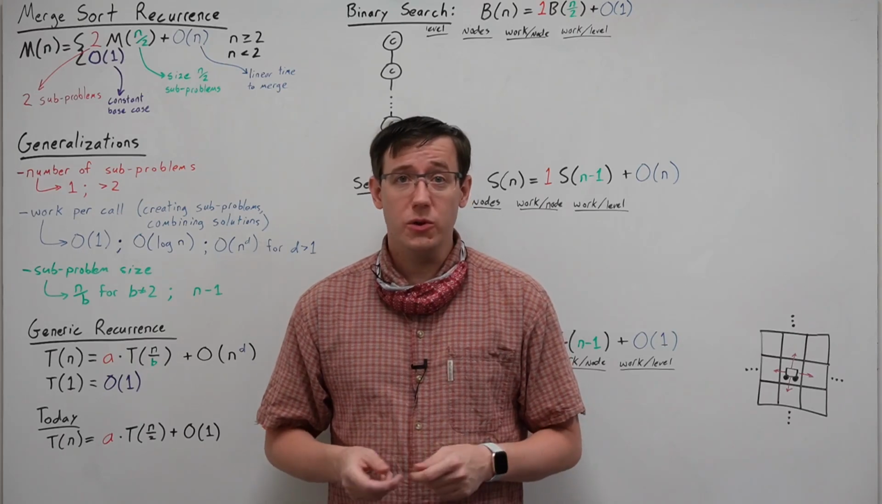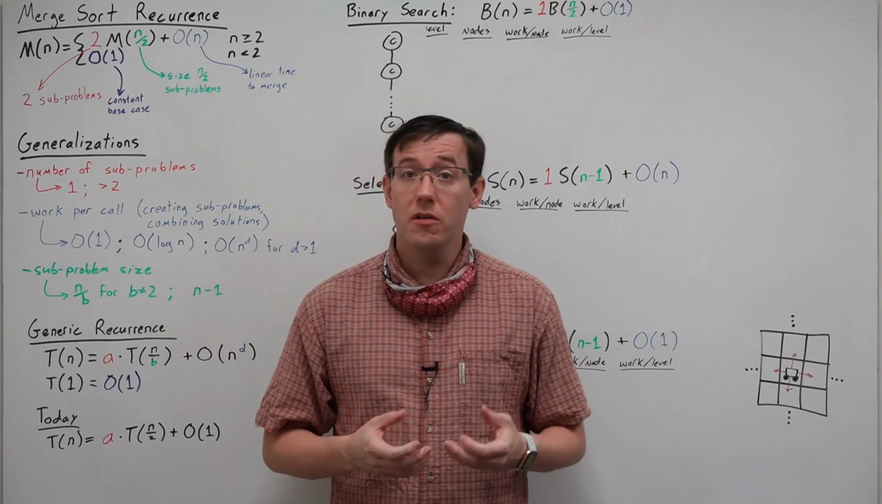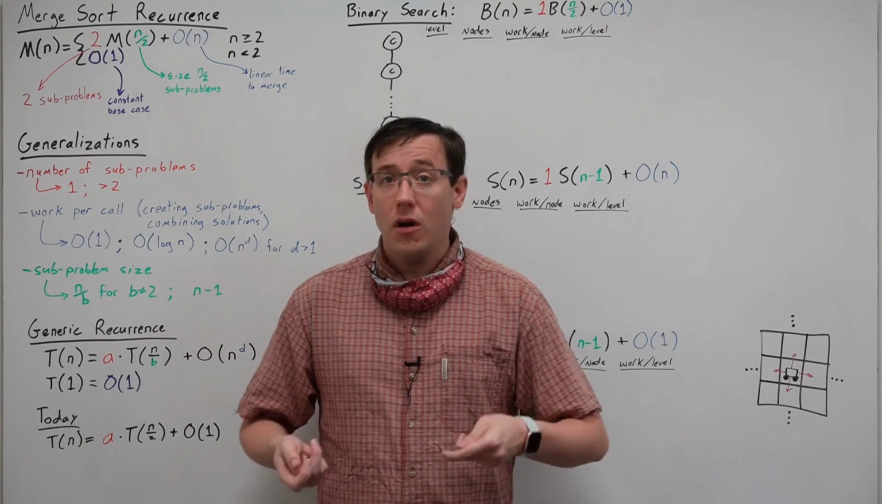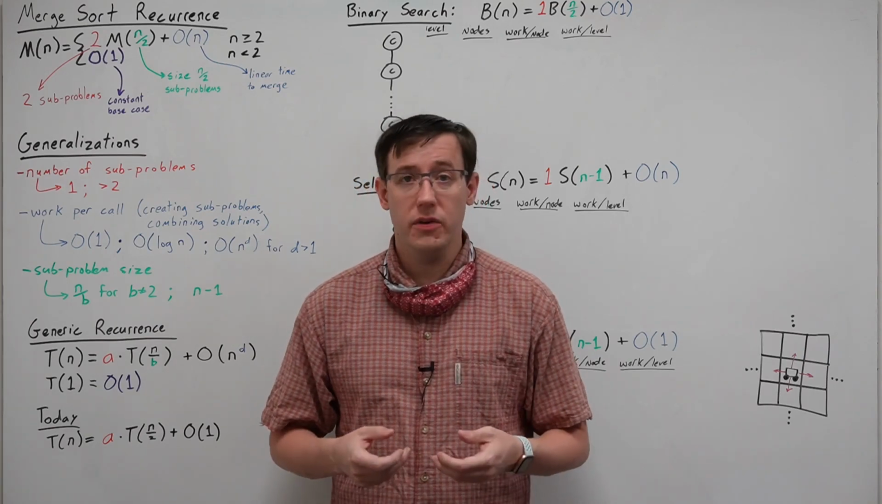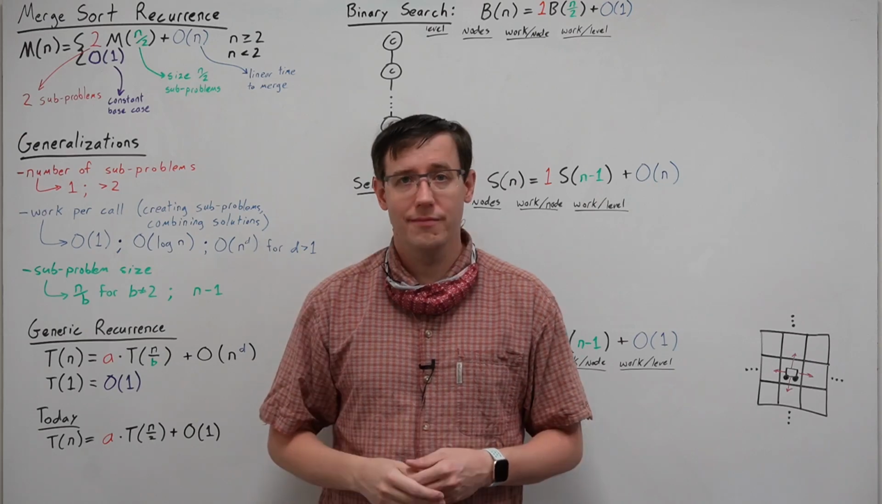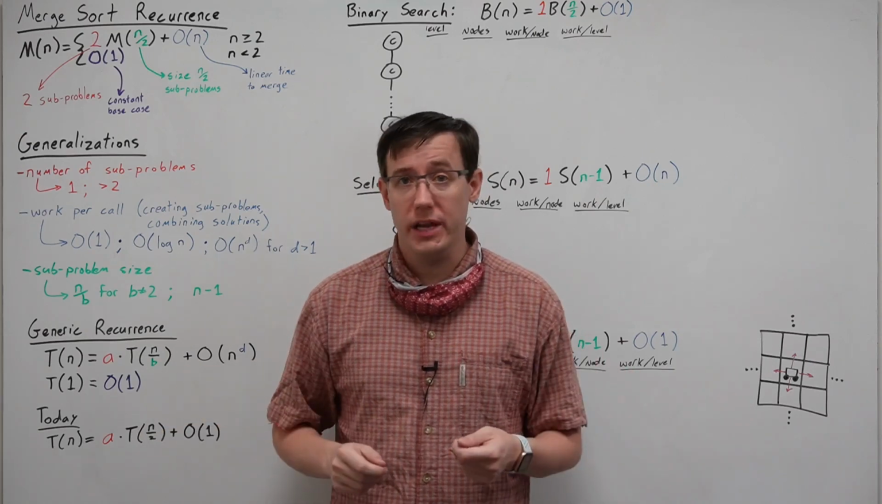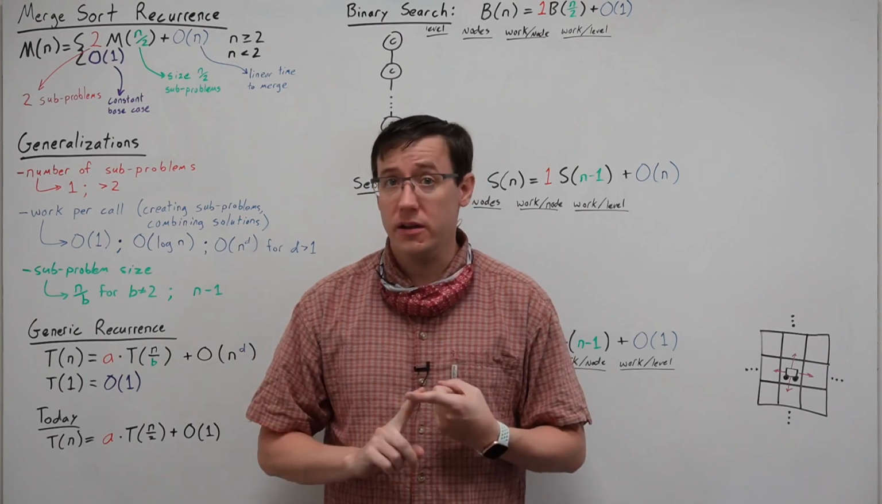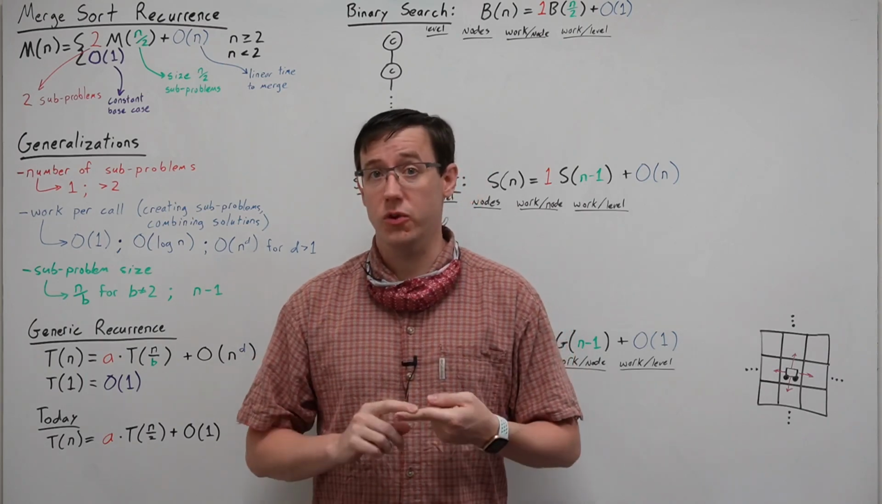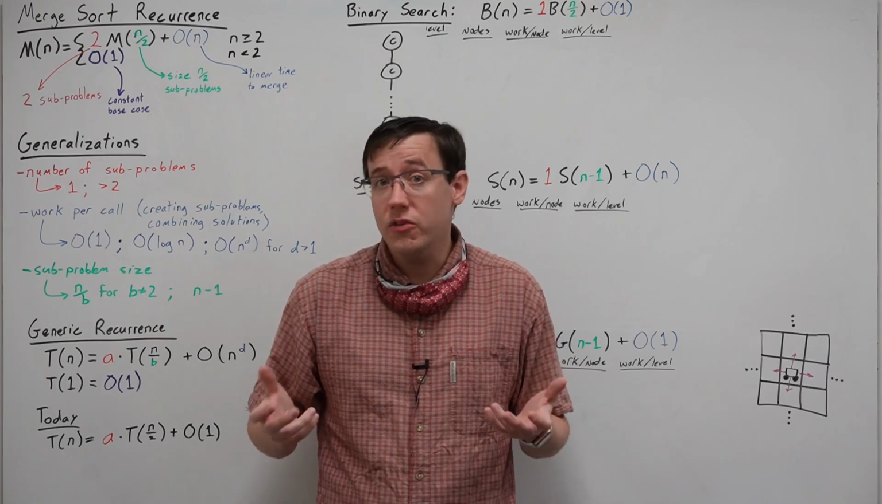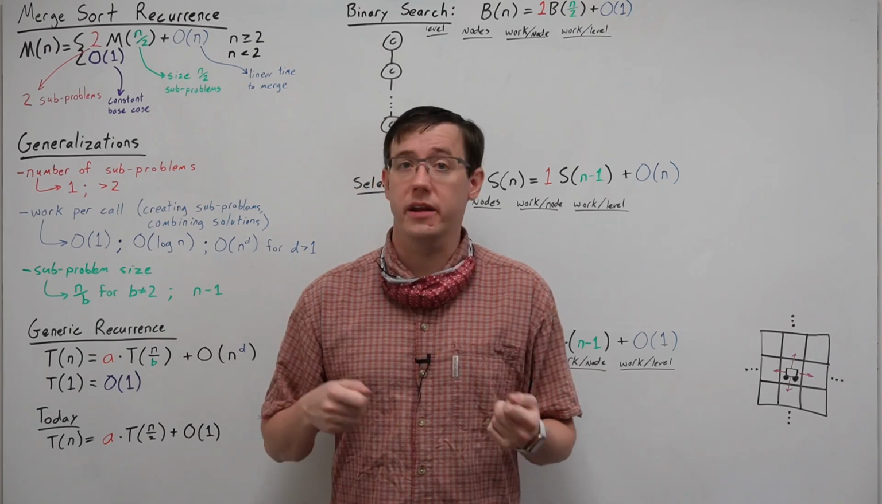Last time we saw how to express the running time of merge sort as a recurrence relation, and how we could solve that recurrence relation to give a big O upper bound. In this video, I want to consider a wider range of recurrence relations to give us practice with both our techniques for solving recurrences,